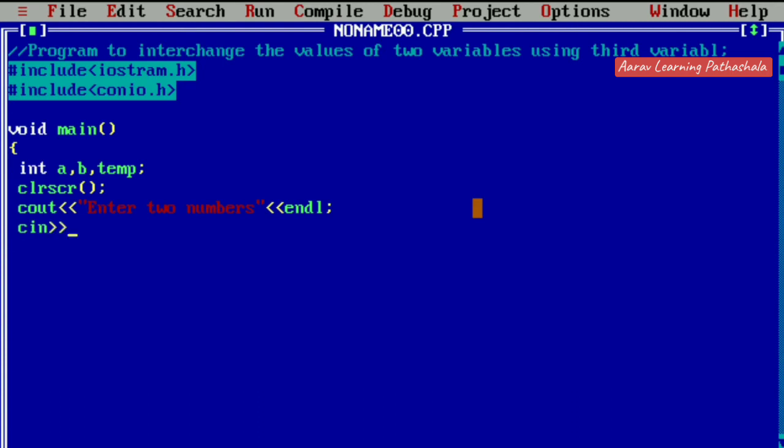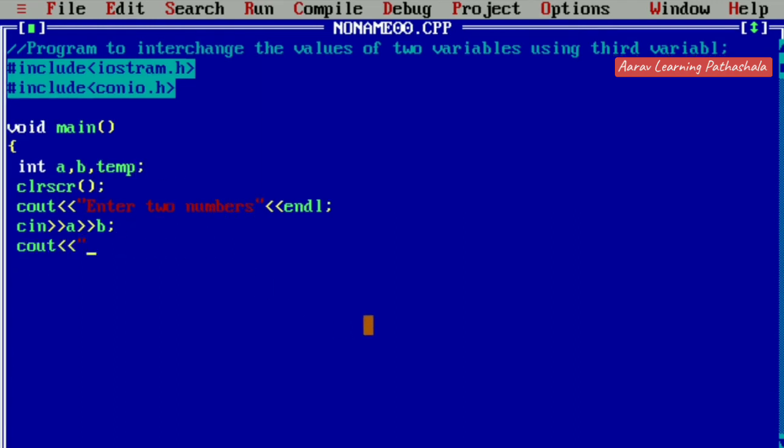We have to enter values for two variables, that is a and b, with the input operator and a semicolon. Students, here we have used the variables a, b and temp. We have to enter values for a and b, so we have to use the same variables as we declared in the declaration section. Next, press the enter key, cout, operator, double quote,